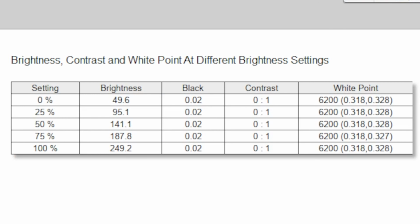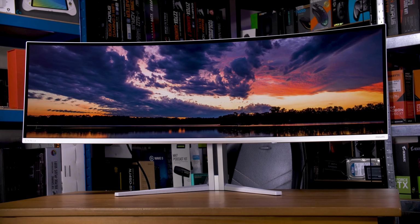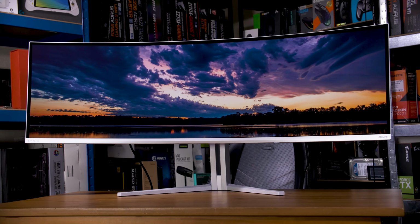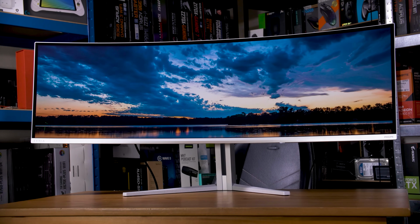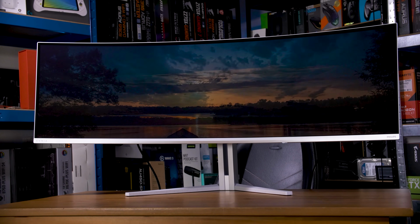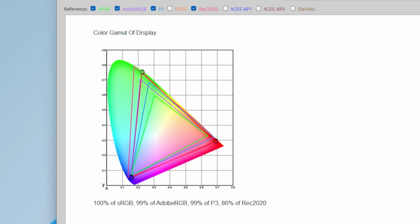The contrast ratio is infinite, as you would expect, but what surprised me is how vibrant this thing looks. Content that you can find to fit it looks so rich and really pops. It's genuinely beautiful to look at, and it turns out that that's because this has possibly the widest color gamut